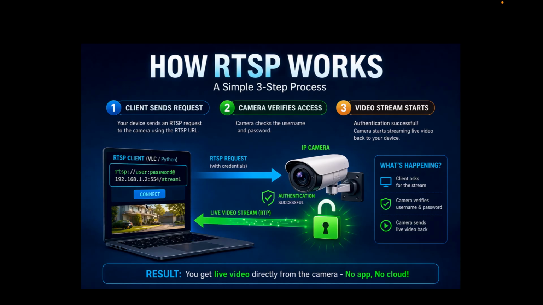One, it's a client-side request. When you have created this, the client sends the request with credentials. The device sends the RTSP request to the camera using the RTSP URL, and this is the URL which we have discussed. In this example, I assume your camera is at 192.168.1.2, and I'm assuming that we are in the same network and I should be able to access the camera in the network. When this RTSP request is sent to the camera,